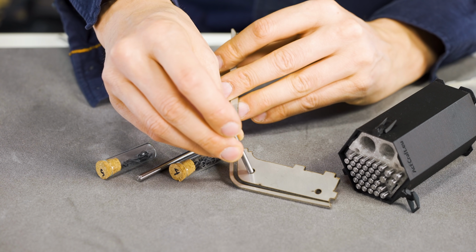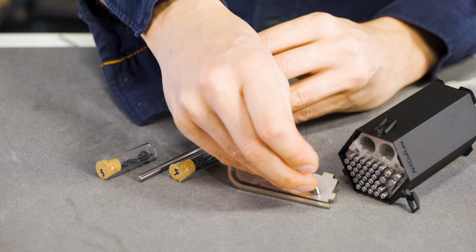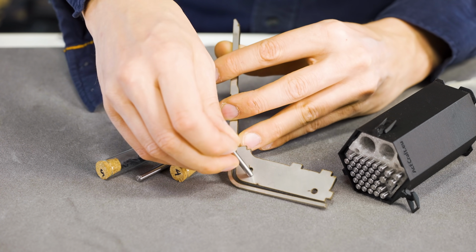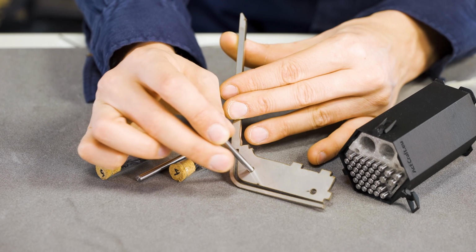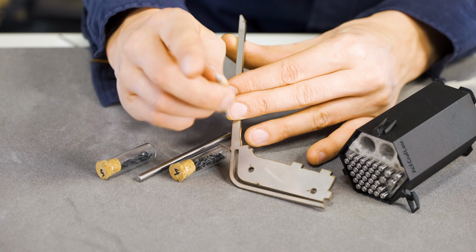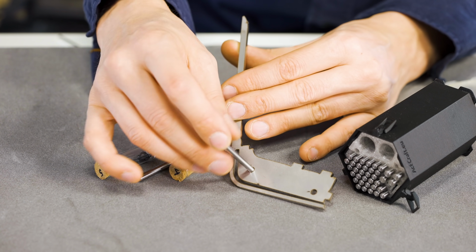So let's check the fit here. It's a little resistance, which is great news. I didn't want this to be too loose. There is some residue from the laser cutting preventing me from pushing this axle in. I'm not going to drill it open yet because there's some interesting idea of maybe using this as a press